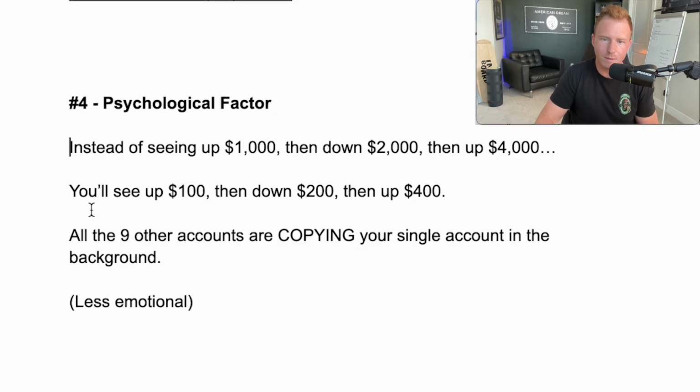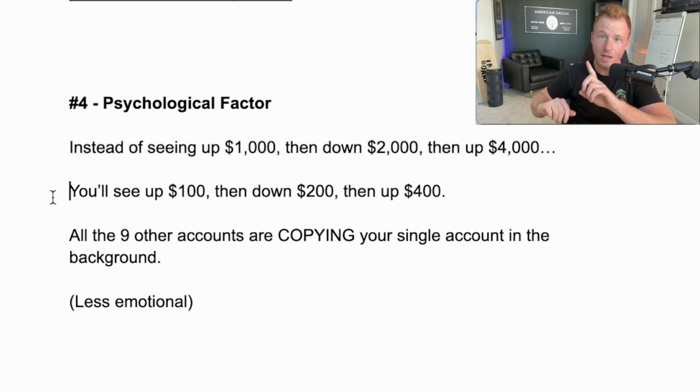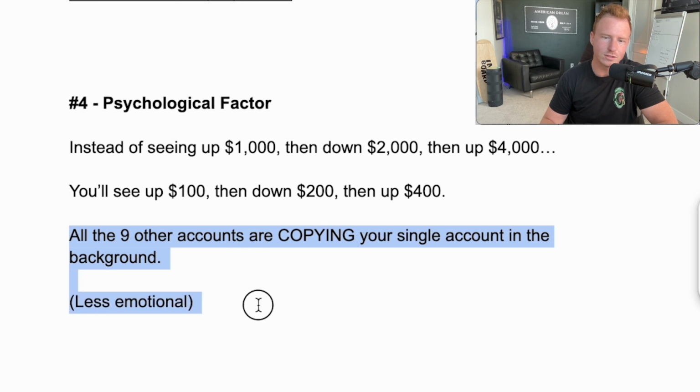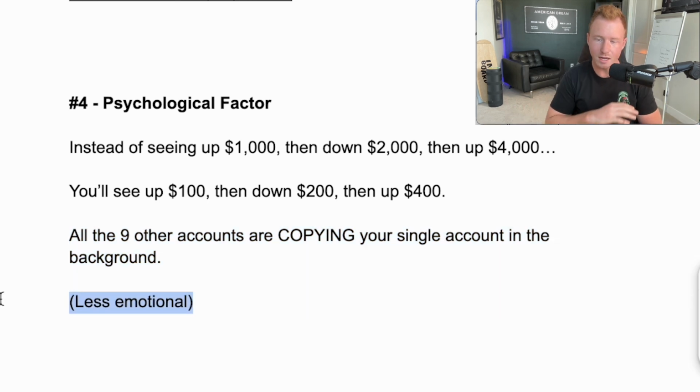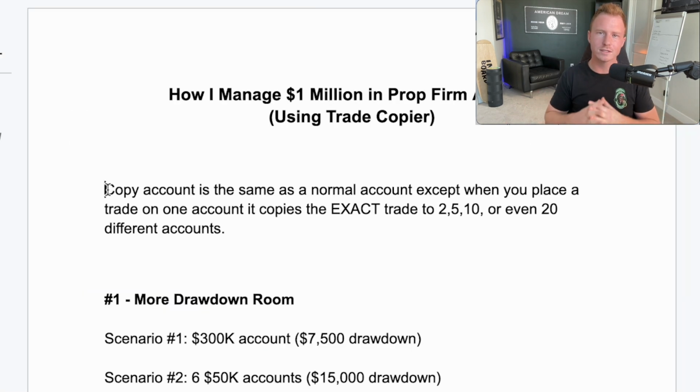So if we go back here, I basically said, instead of seeing up 1,000, then down 2,000, and up 4,000, that can get psychologically exhausting. Versus if you're just trading one account and that one account is copying your trade on 19 different accounts, you're just going to see up 100, then down 200, then up 400. All the other accounts are copying your single account in the background. So basically, you're just going to be less emotional. And I'm willing to do everything I can to be less emotional while I trade, because then I'm going to trade better. All right, so those are the main reasons why I use 20 different accounts with prop firms